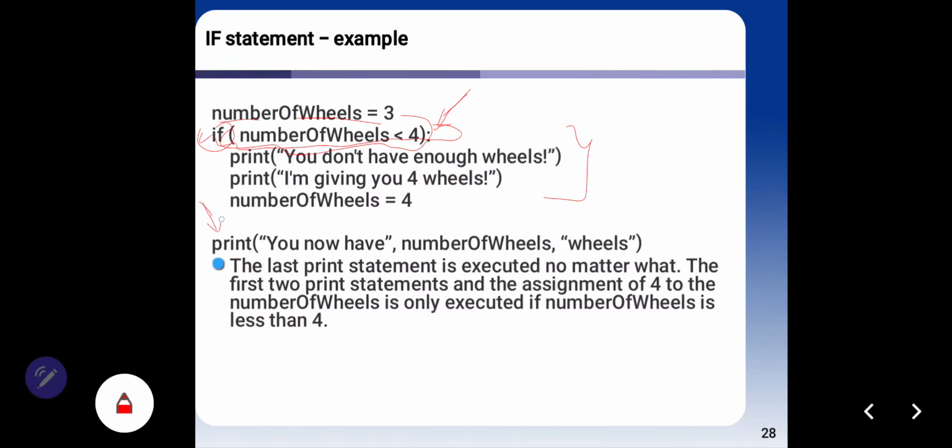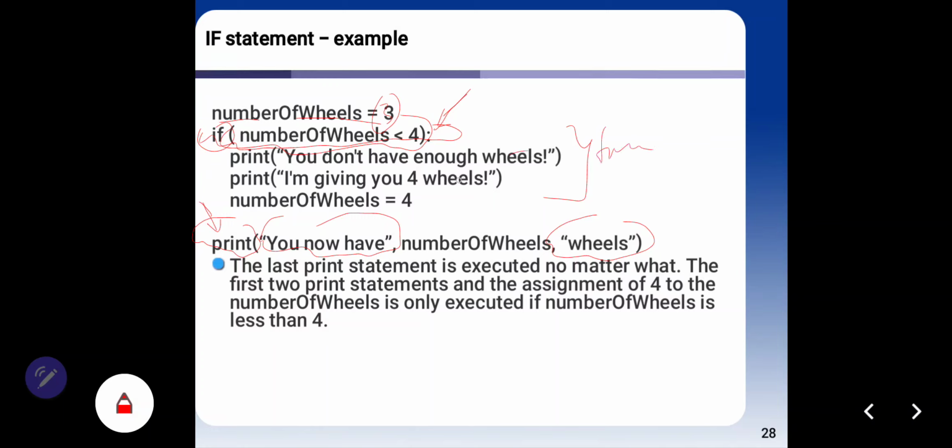You write the keyword print, you now have this is a string, and this is also a string. If you see in here, number of wheels equals 3, and in the if statement, if number of wheels less than 4, so you can see the result is true.